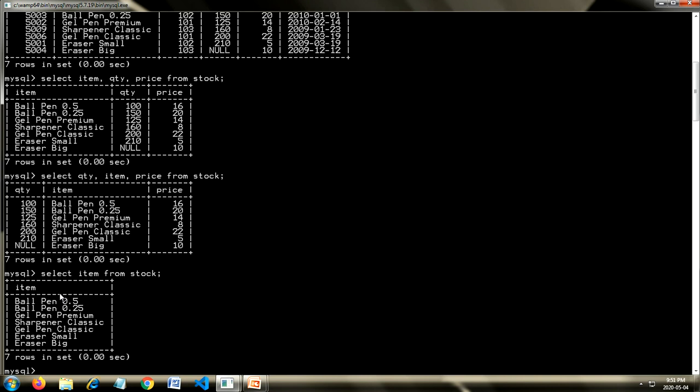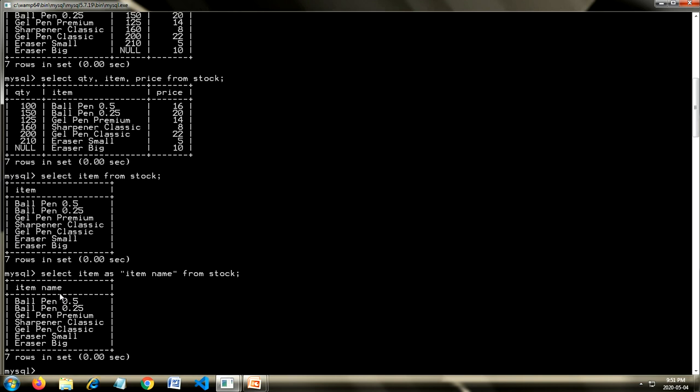If you want to describe the name of the column, you have the keyword as: select item as "item name" from stock.